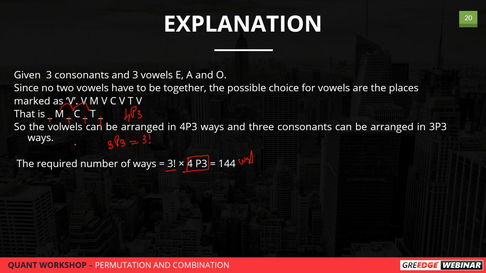So here, why am I saying 4 places? If you look at M, C, T, either I can start the vowels here, E, A, O, right? This is one possibility. Or otherwise, I can fill like this. I can start from here, E, A, and O. So I have 4 places. Actually, this is a fixed number. Either I can start with a vowel in front or I can end with a vowel at the back. So that's why we get 4 places. Got it now?